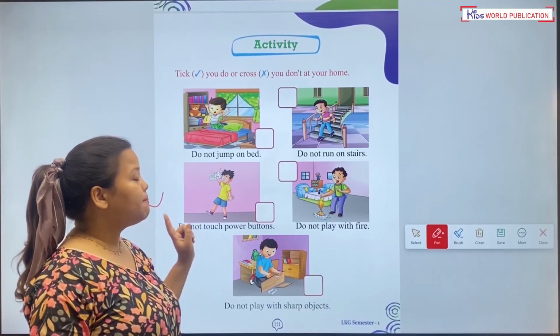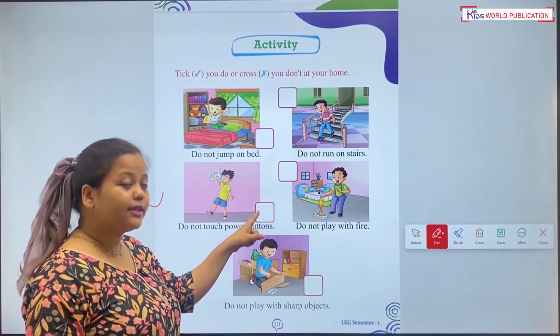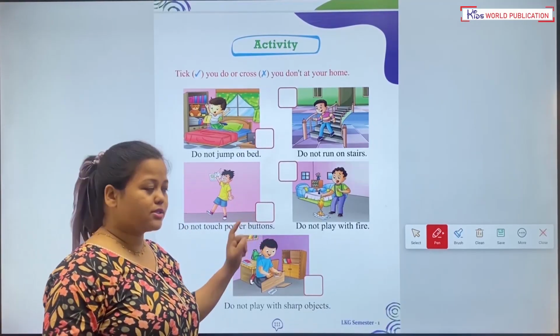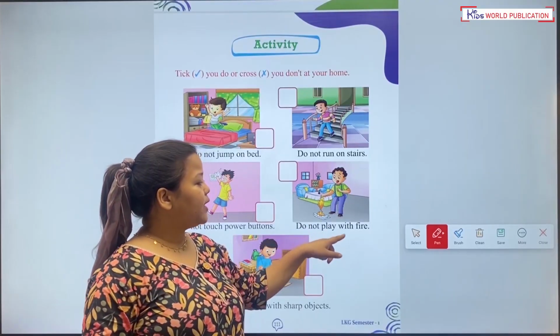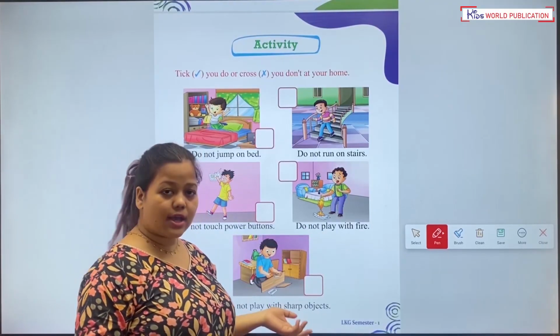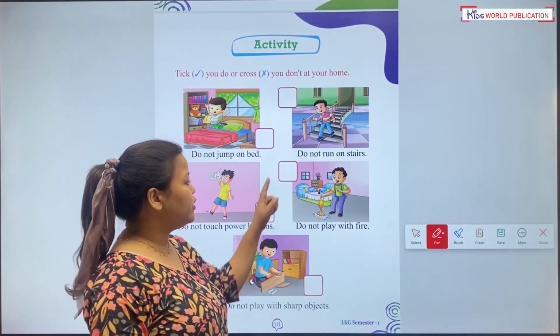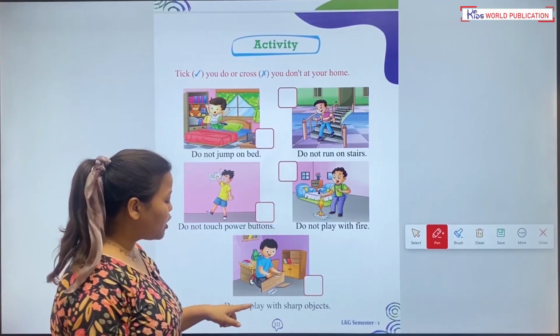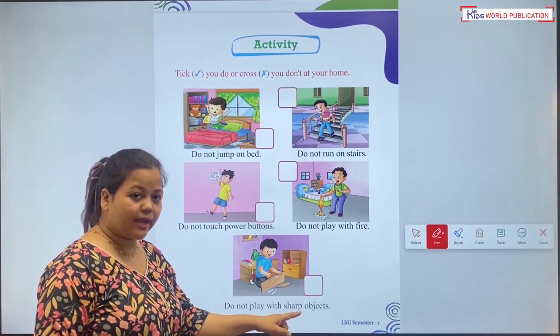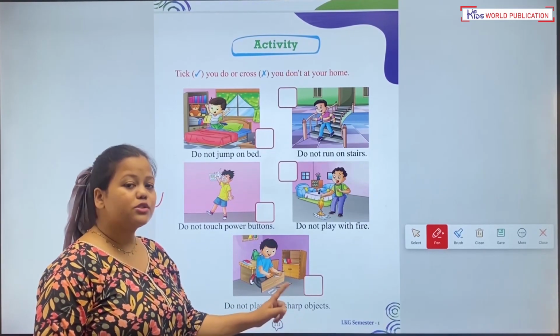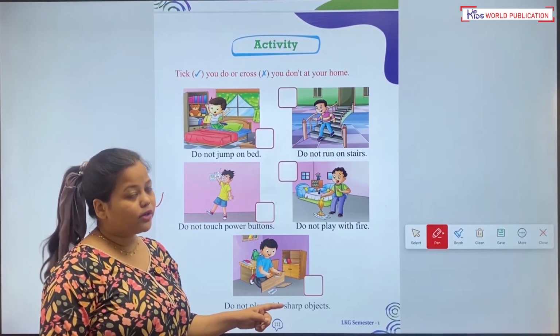If you touch power button, so you will tick it, and if you don't, you will cross it. Do not play with fires. If you play with fires in your home, so you will tick it, and if you don't, so you will cross it. Do not play with sharp objects. If you play with sharp objects in home, so you will tick it. If you don't, so you will cross it.